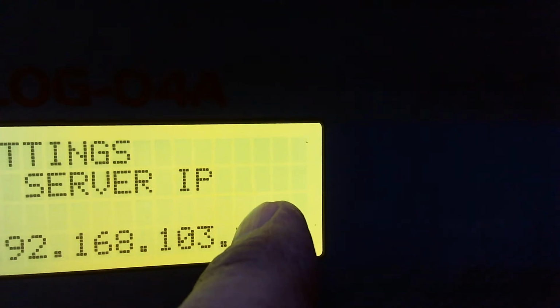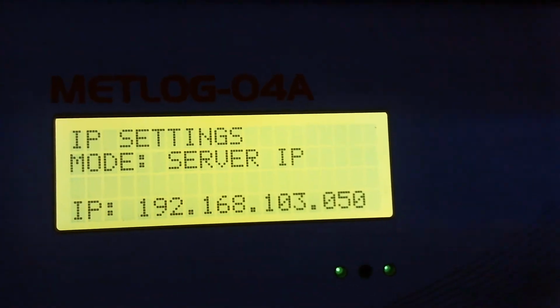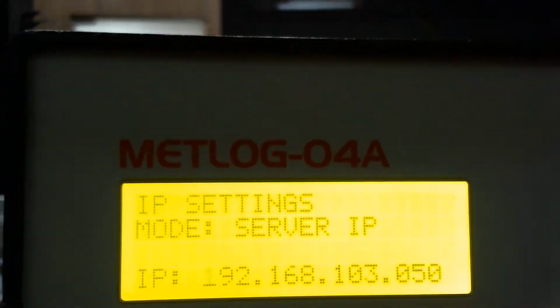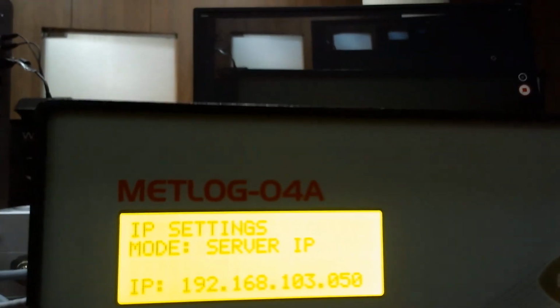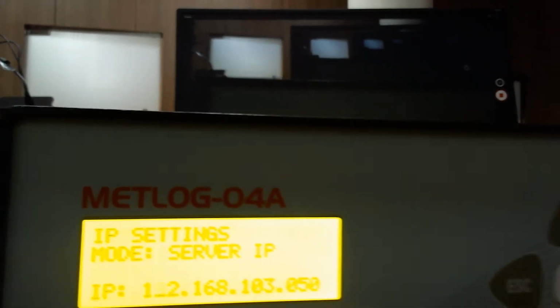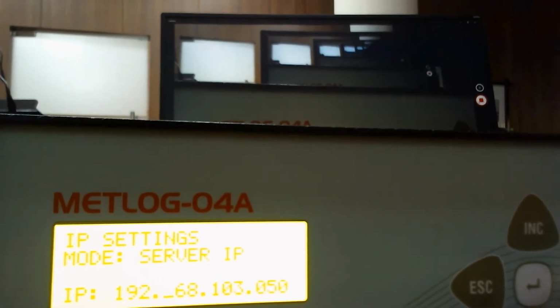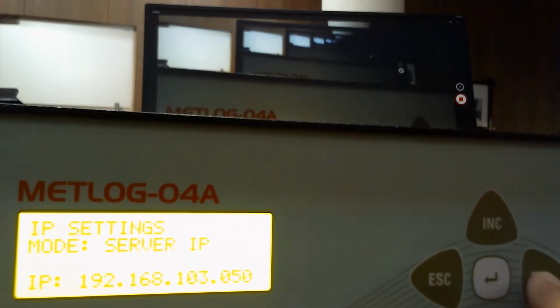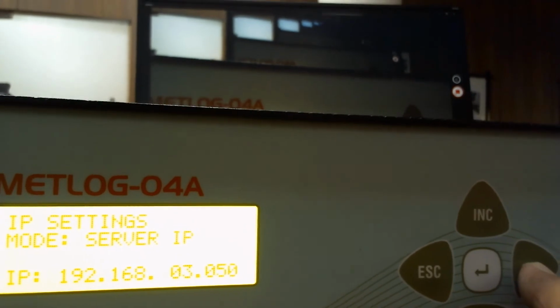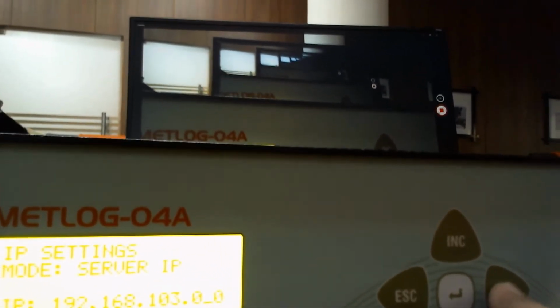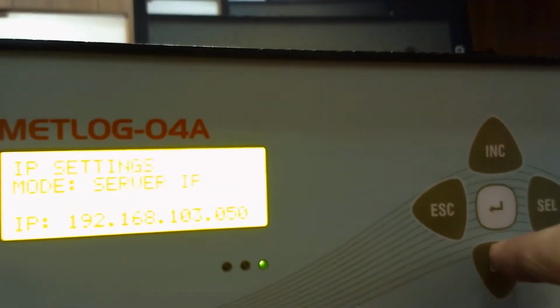Runway number also, in the same way you have to give. How to change this? For changing this, you make use of the select button. Press select button. Now you see the first digit is blinking. When you press the select button, the second digit will blink. When you press select button, the third digit will blink. When you press select button, another group's first digit will blink. Similarly, you can go up to the last digit. And for changing, make use of the increment and decrement buttons.